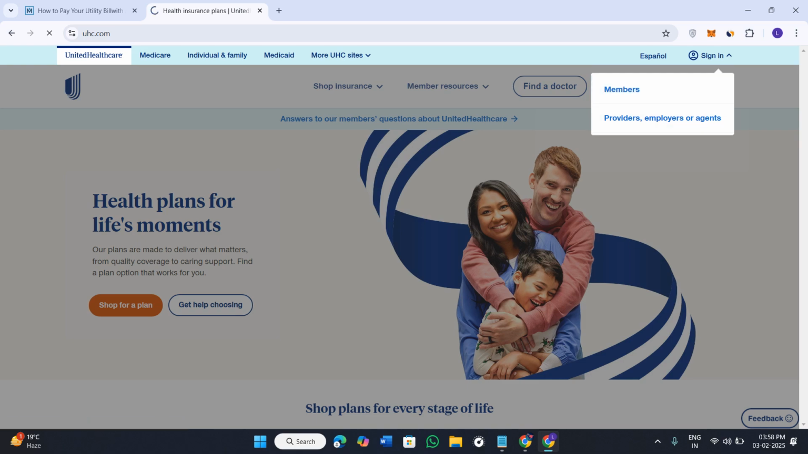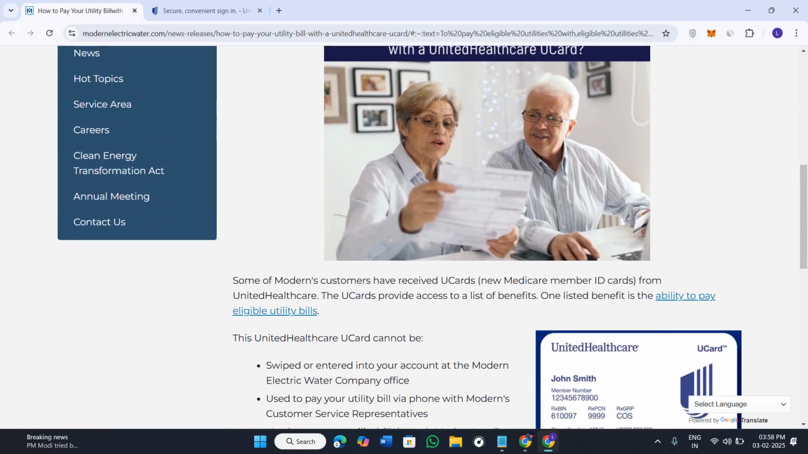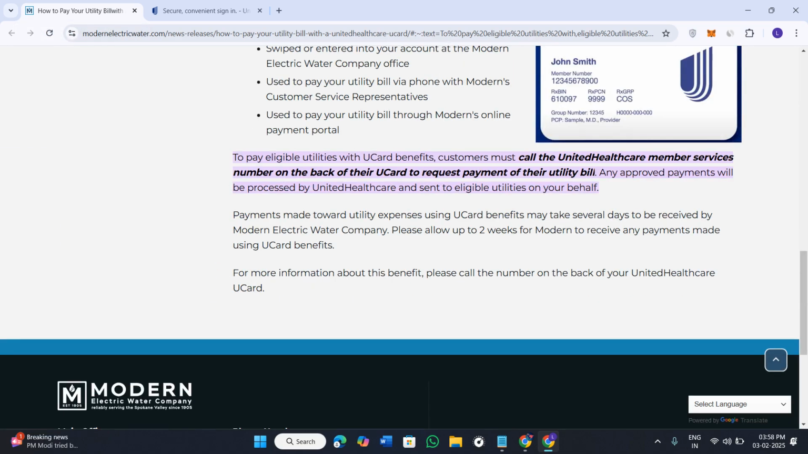Over here you will have to provide your login credentials and then you just have to simply log in to your account. Afterwards you will be able to see the payment section, and there you will have the utility bills. Now if you don't have the utility bills there, you first have to basically get them by contacting the